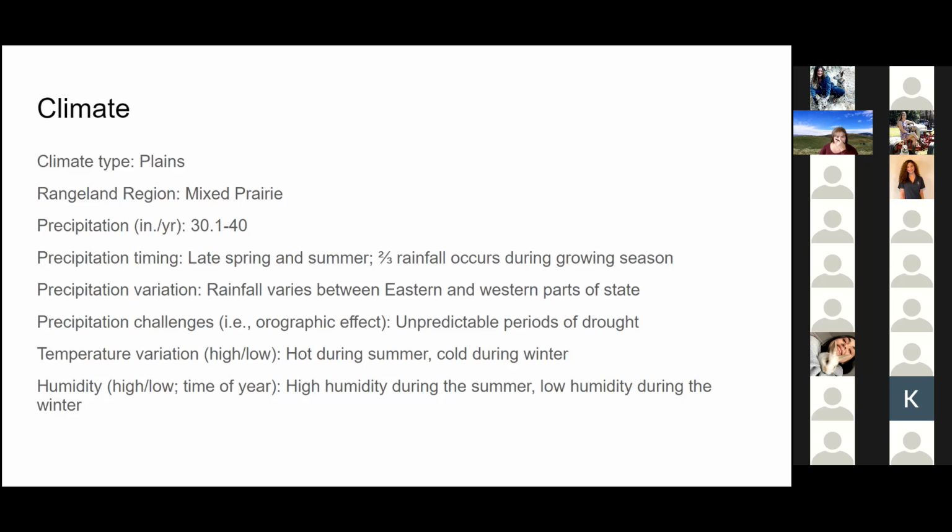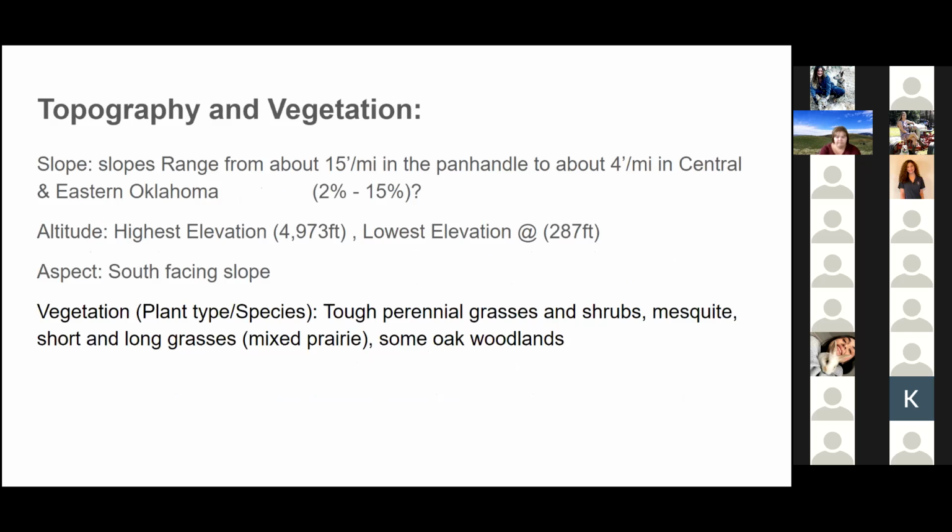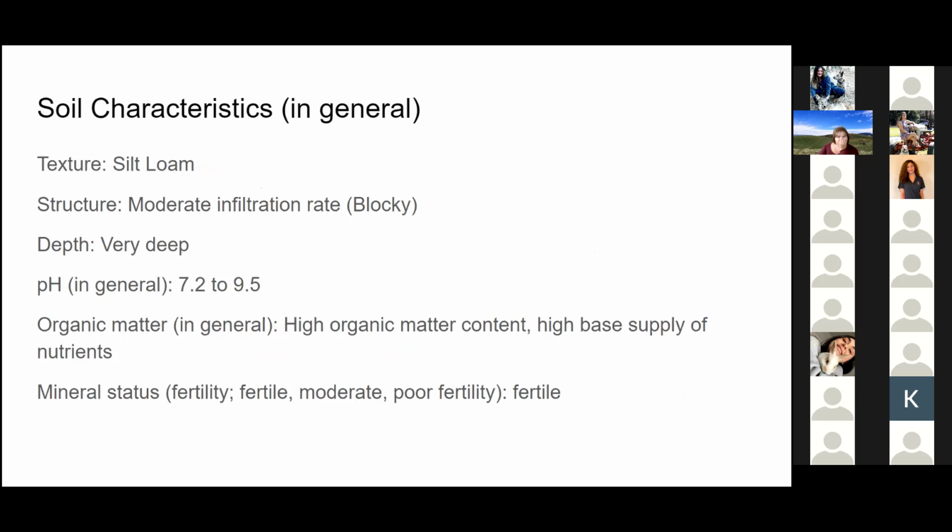The temperatures are hot during the summer and cold during the winter, and they have high humidity during the summer. So it's very hot and humid during that time, and low humidity during the winter. So even though they do get snowfall, it's very lightweight, crisp snow, nothing that's too moist during the winter. Okay, for slope, it ranges from 15 feet per mile to about